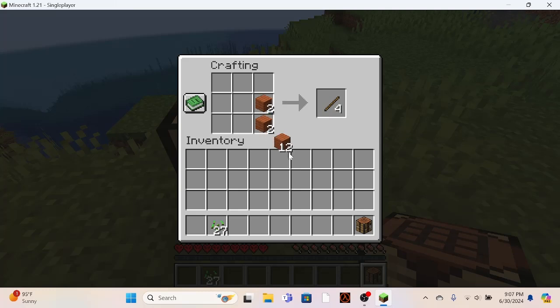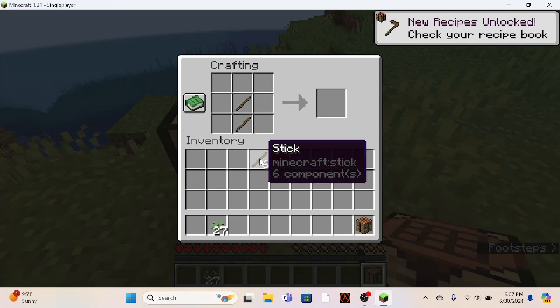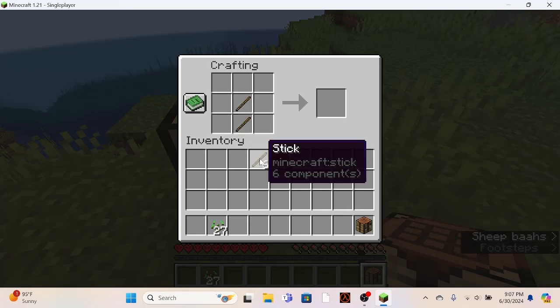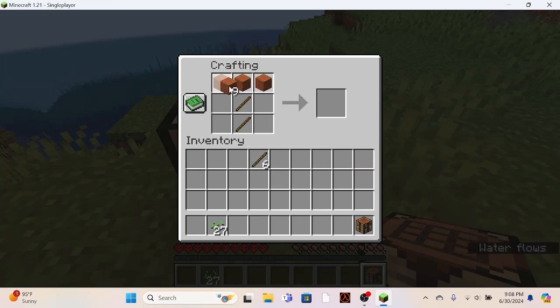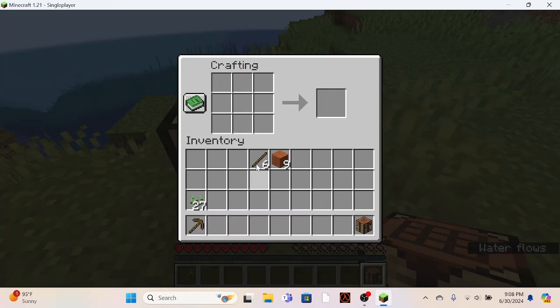It's stupid. Now, my reasoning is that with the 12, you can have 3 bread for eating, 2 bread for breeding animals, and 1 last piece of wheat for luring animals after you're done breeding. So what we're gonna do next is get a wooden pickaxe here